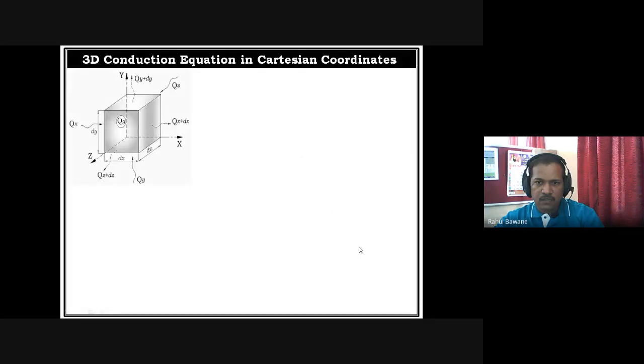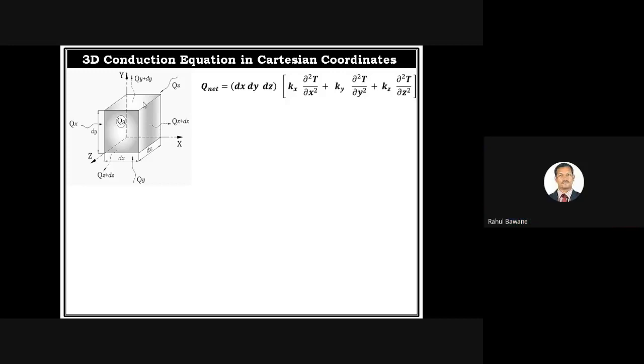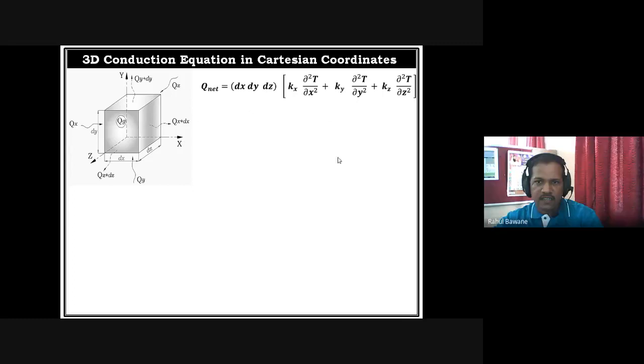So this is our final total or net heat accumulated inside the element when we consider only that heat which is traveling in and moving out. Yet we are not considering heat generation. So this is the net heat accumulated due to heat flowing in and moving out in all directions.